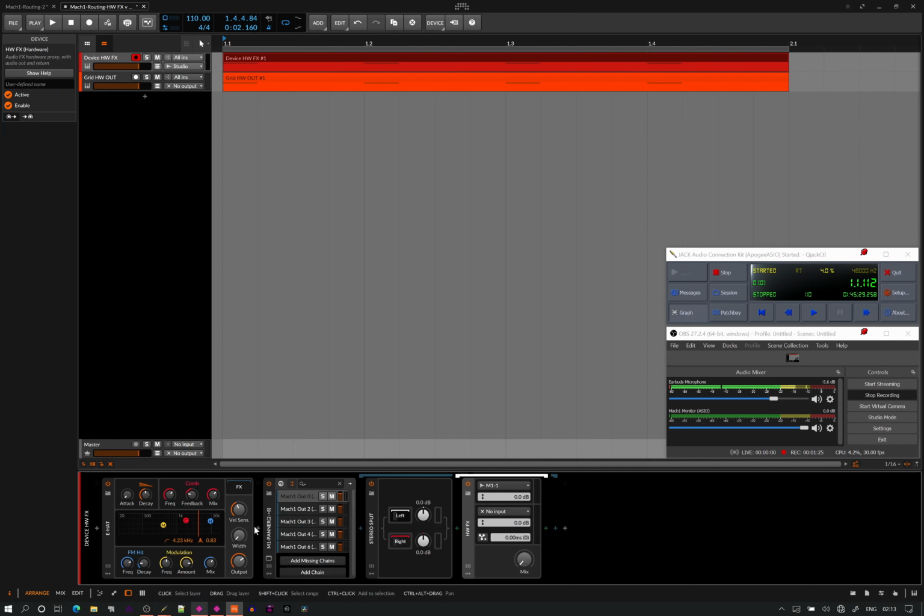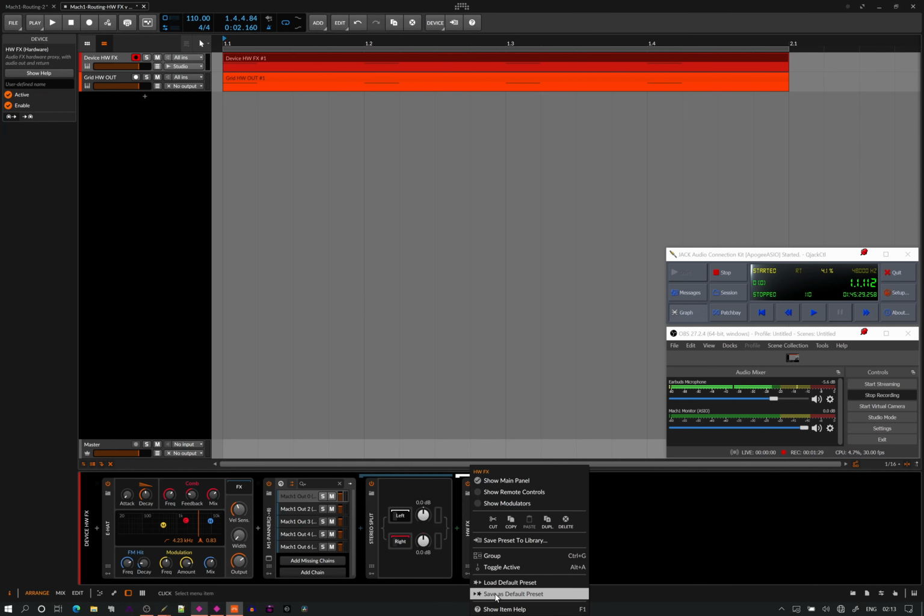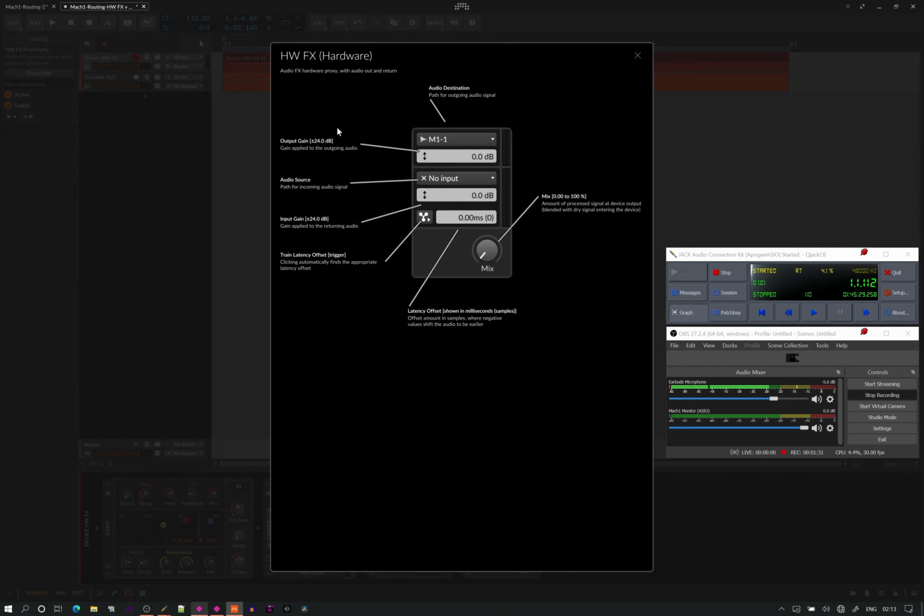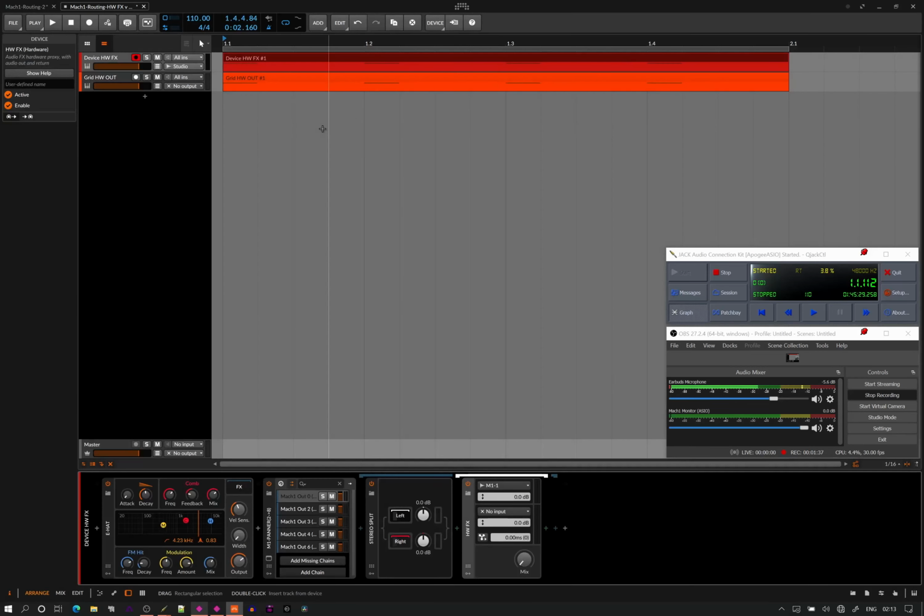the hardware effects device that we're using with the panner is a hardware proxy with an audio out and return, and what's that? That's basically going out the door and coming back in again, so that we can then send it on to the monitor. Basically, if you remember the